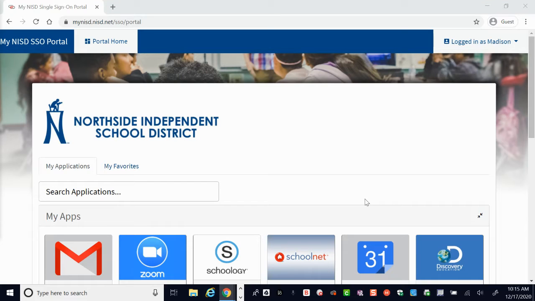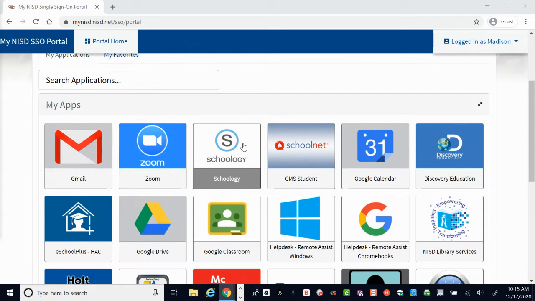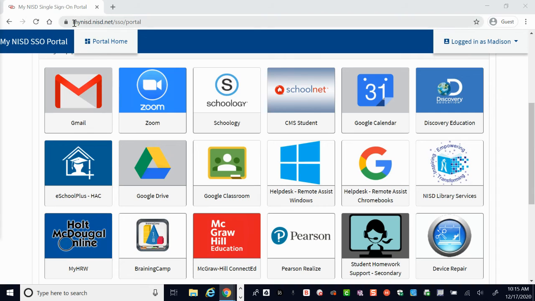All right, guys, so let's take a look at how you are going to go through your portal screen to check your grades, and then how you function inside of Schoology to look at your grade report. So we're going to first start with HAC. If you are signed into your